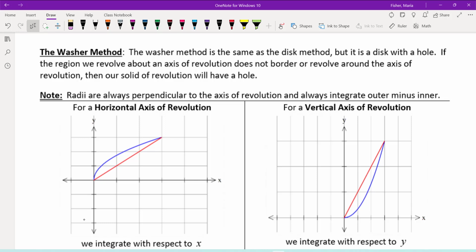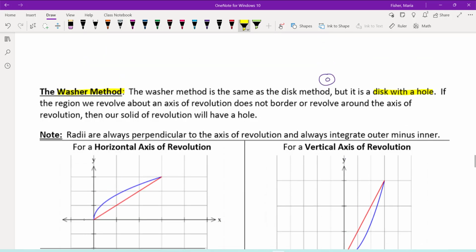Sometimes when we revolve a region around an axis of revolution, we don't have something that is solid. Instead of having a disk, we have a washer. So the washer method is basically the same thing as the disk method. The only difference is that it's a disk with a hole in it. So it's a washer. And if the region that we revolve around the axis of revolution doesn't border our axis of revolution entirely, isn't flush with it, then when we have this solid of revolution, it's going to have a hole